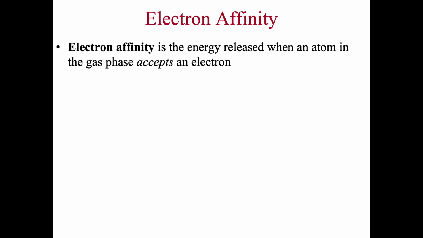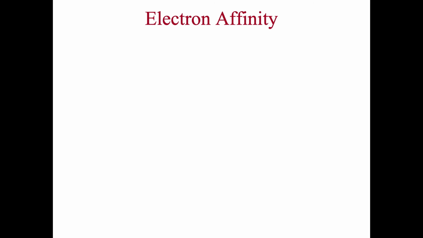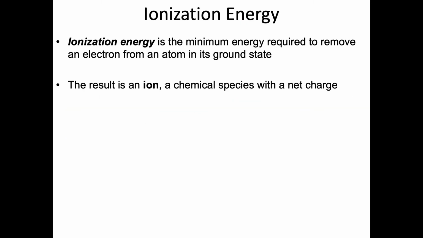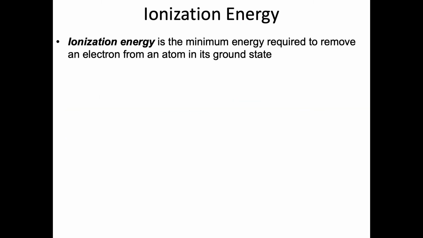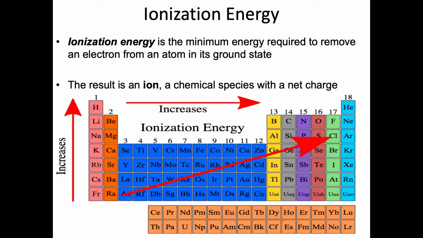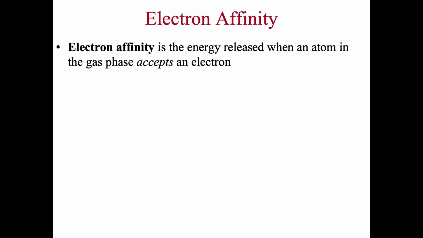And then another trend is electron affinity. Now, let me go back to the definition for ionization energy so you can distinguish. The ionization energy is the minimum energy required to remove an electron from an atom. Electron affinity is the energy released when an atom gains or accepts an electron. Ionization energy is to remove an electron, but electron affinity is the energy released when an atom accepts an electron,